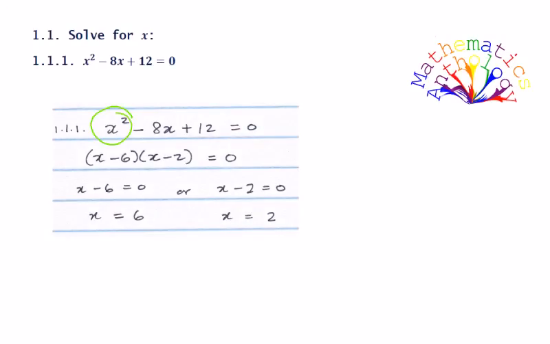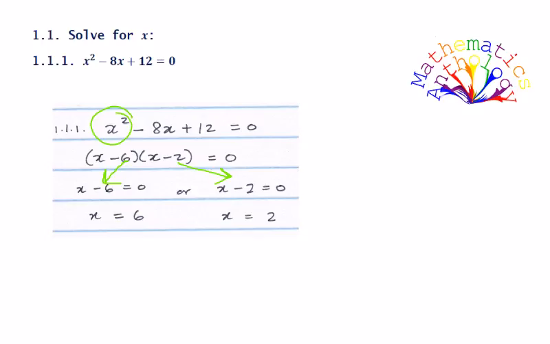So here we are given question 1.1, solve for x. 1.1.1, x squared minus 8x plus 12 equals 0. You'll notice here that the highest power is your x squared term. Because your highest power is your x squared term, you're going to use either the quadratic formula or the cross